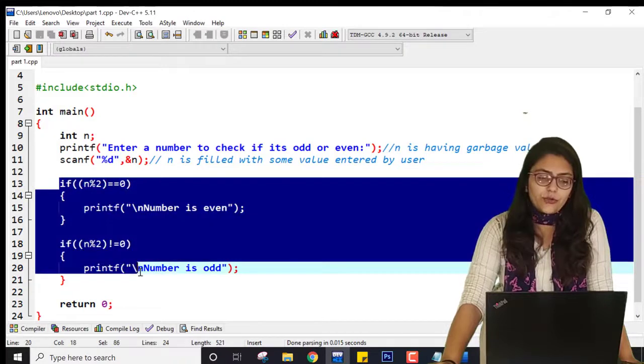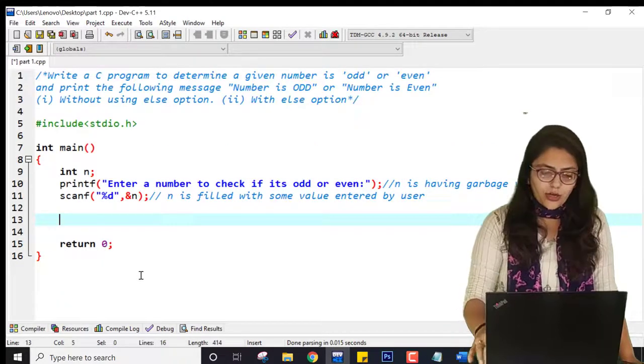The third option is you can use ternary operator. How you can use ternary operator?